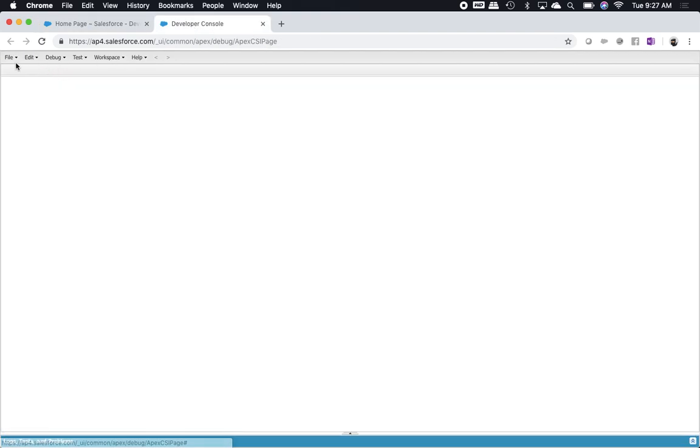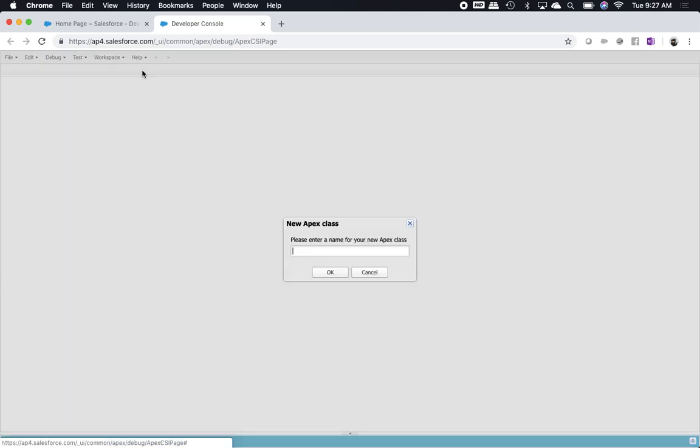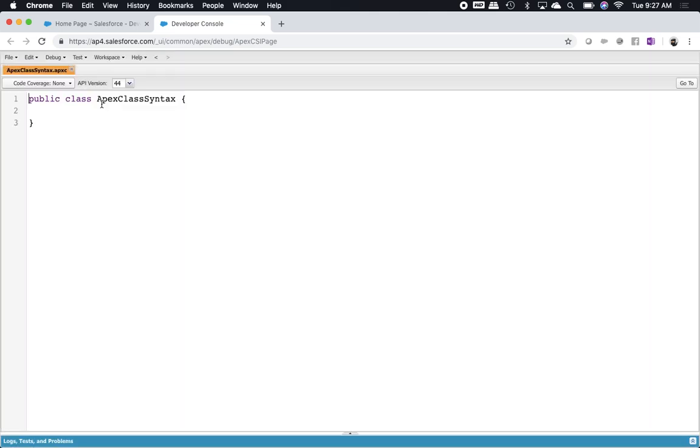Developer Console, new Apex class. The Apex class syntax is: my class name. What is the syntax for a class? The syntax for a class is